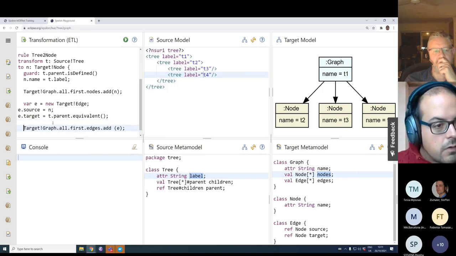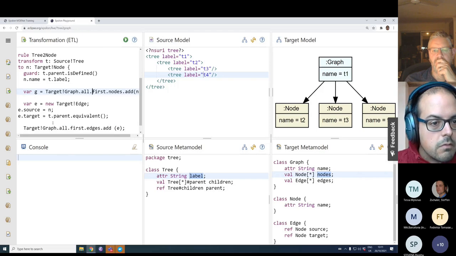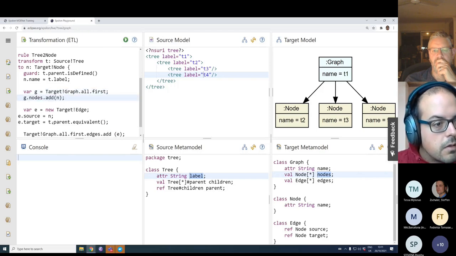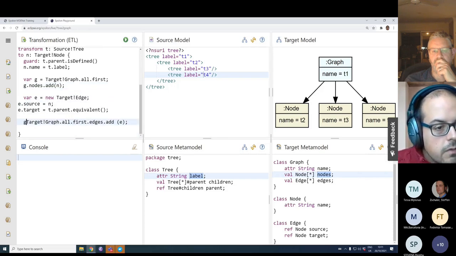Let's see. So you're getting the graph. Okay, I'll just add a graph variable here to make things a bit easier to read. So we add this to the nodes. Then you created this bit. Then you're adding the edges. Yes, and you're going with the parent